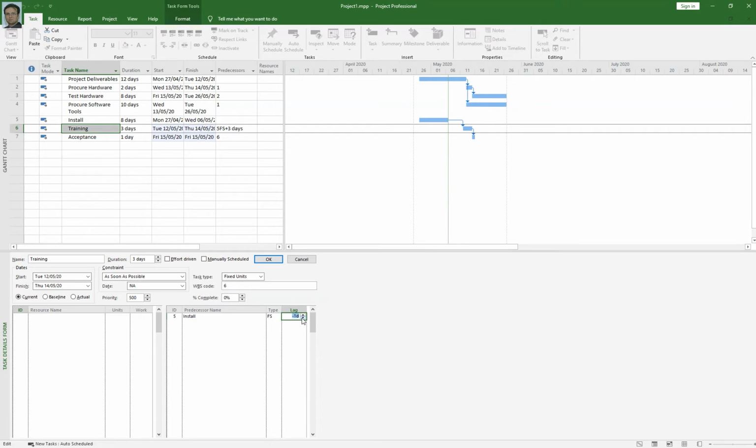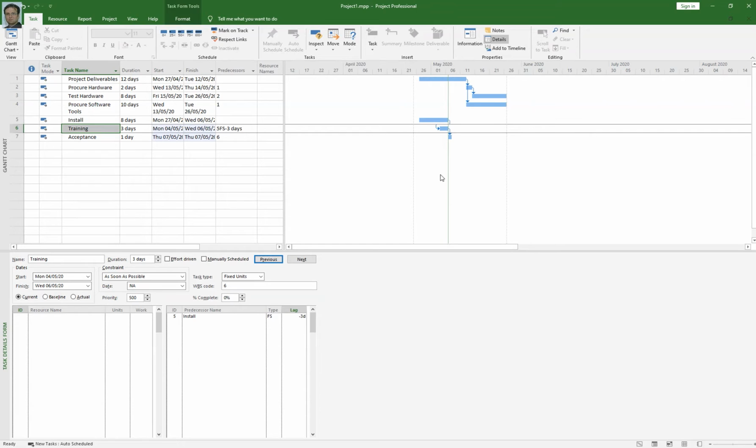So in this example, my lead period is -3, meaning this activity will take 8 days to complete. So right after 5 days, my training sessions will start automatically. So when I click on the OK button, you will see the change. This bar will come here at this point. Did you notice? It has come back, and this activity will now start on 2nd of May 2020. So this is how we can assign leads and lags in our project activity.